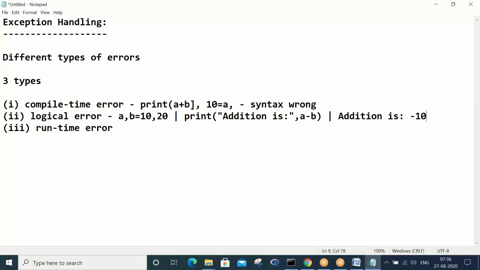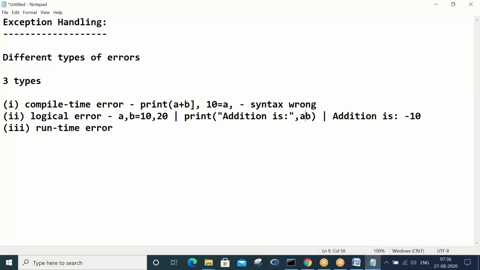So is there any error in the program? There is no error in the program actually. Whatever the way you have given the code is everything correct, but the expected answer hasn't come. So the answer itself is the error. Am I right or wrong? Syntactically, there is no problem in the statements. These two statements are correct, but the mistake you made is that instead of plus, you have given minus.